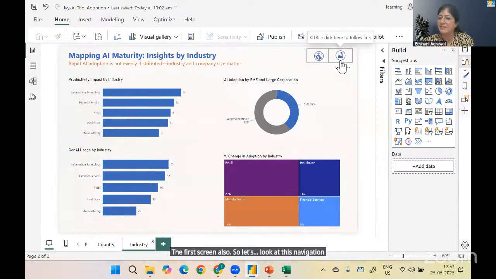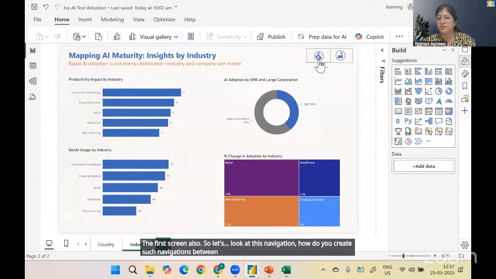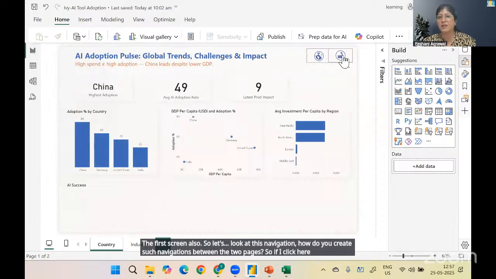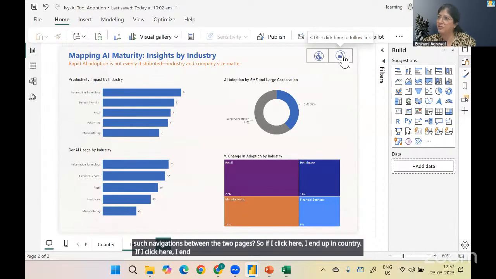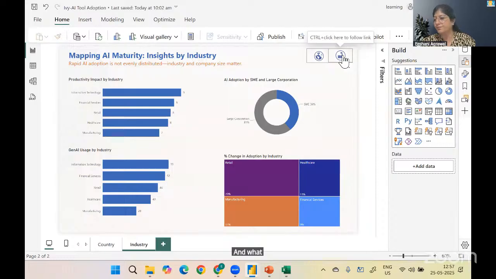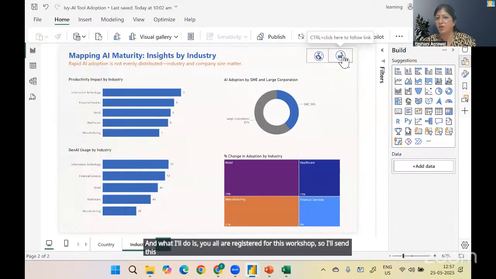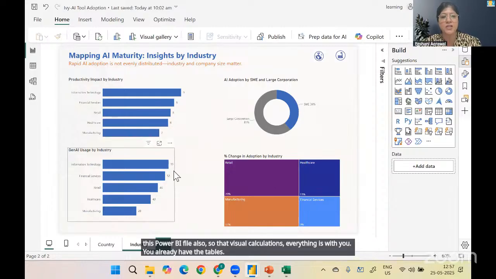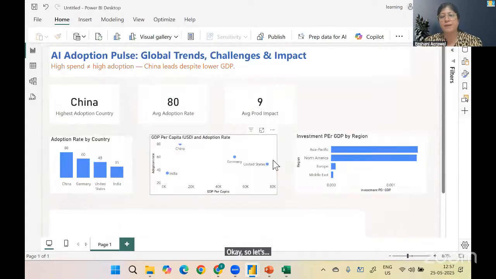How do you create such navigations between the two pages? So if I click here, I end up in country. If I click here, I end up in industry. And you all are registered for this workshop, so I'll send this Power BI file also so that the visual calculations, everything is with you. You already have the tables. Okay. So let's wrap it up by putting the navigation and by getting rid of the backgrounds that I have